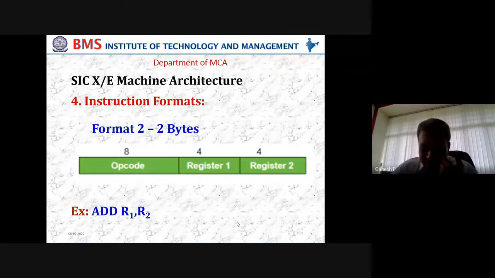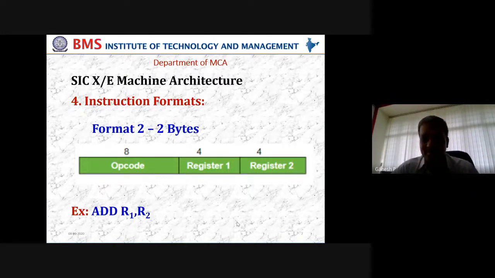So what is my number in SIC XE? Minimum is 0, maximum is 9. To represent any register between 0 to 9, I require 4 bits minimum. Maximum you can have anything. I can represent the same data in 8 bits, 16 bits, 24 bits, 32 bits, 256 bits. But minimum is 4, because memory is very, very important.